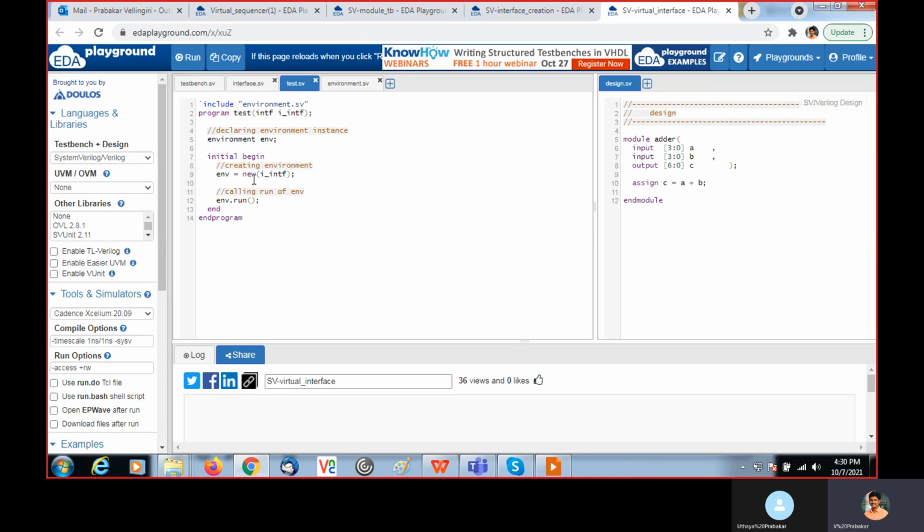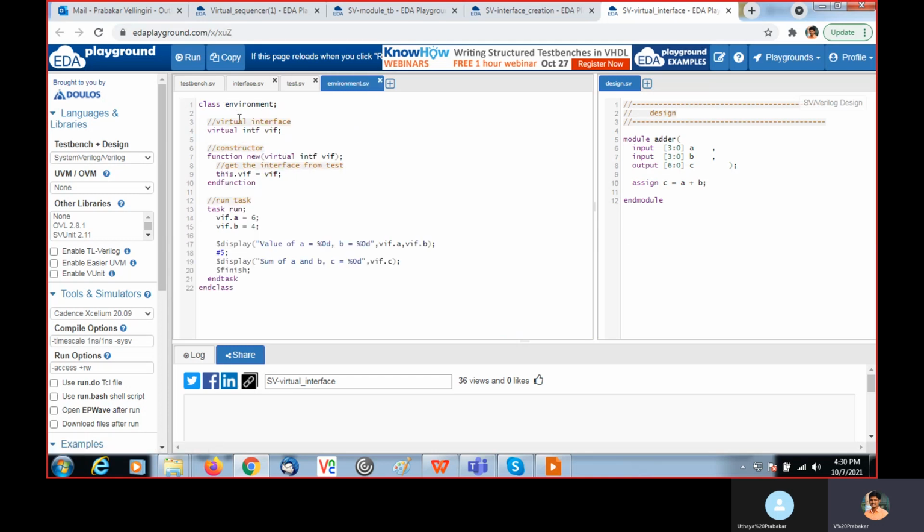When environment is created, during that time it will receive the handle. Here, explicitly, we wrote the new function for this environment: function new, virtual INTF VIF.